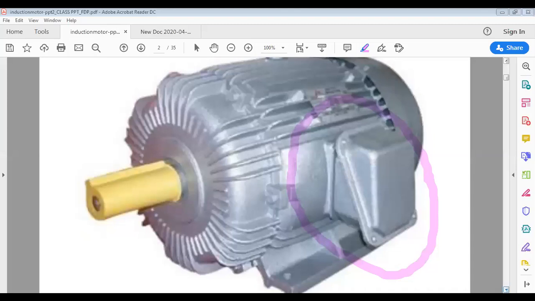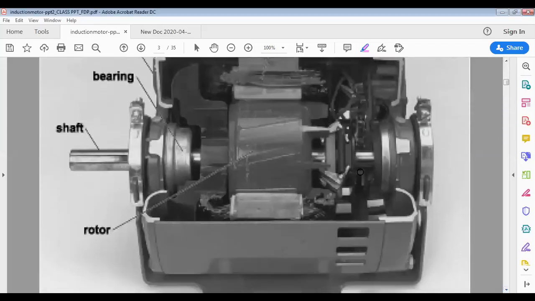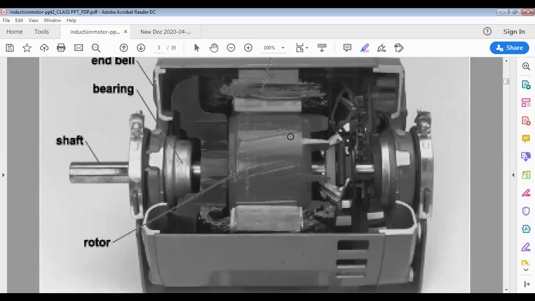Okay, in general every machine you will find like this: centrally a shaft, on it the rotor core made up of magnetic material, slotted on its outer periphery, windings are there, copper windings. Then the air gap is there between stator and rotor. The stator core is again made up of magnetic material, slotted on its inner periphery, or poles are there physically. Like in DC machines, what we have seen, physically poles are fixed to the stator core. But in a three-phase induction motor, you will find you can't see the poles physically. Okay, we'll see the construction now.